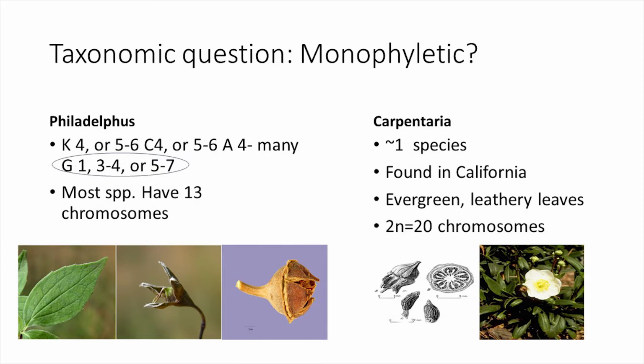So this might seem like convincing evidence to say this is different than, say, this other close by genus called Carpentaria, which has 20 chromosomes and is evergreen, whereas these ones have deciduous leaves for the most part. But then again, it begs the question, well, what traits should you really be looking at to describe the evolution and the divergence of these different species? So if I'm just picking one trait because I think it's important and it gives me the result I want, that's not necessarily what could be accurate according to evolutionary history. So we need some sort of unbiased marker, which brings in the new technology we have using DNA markers.